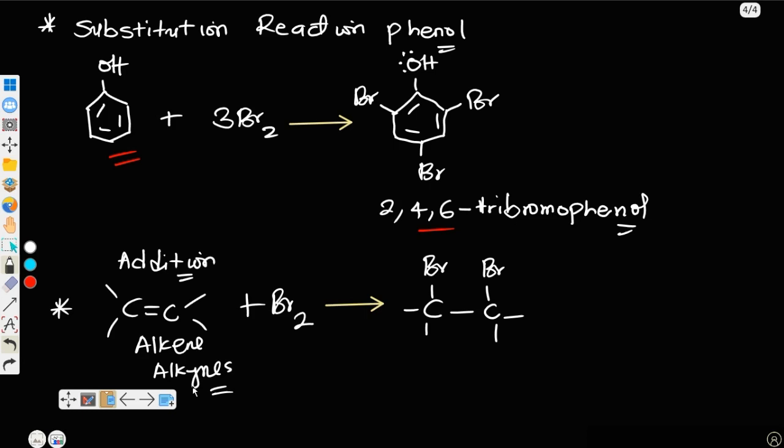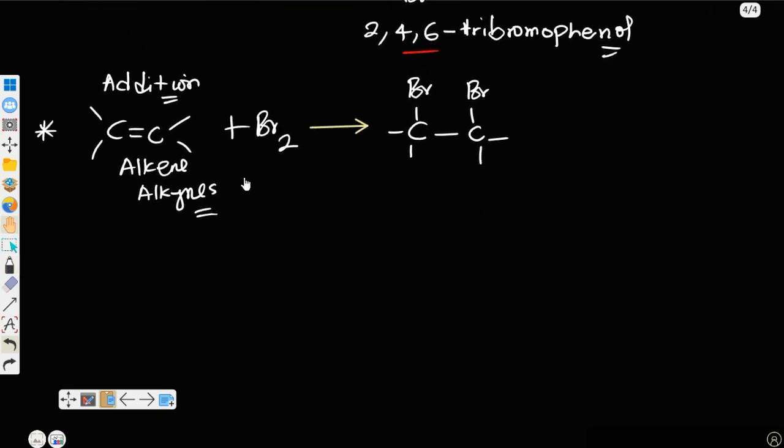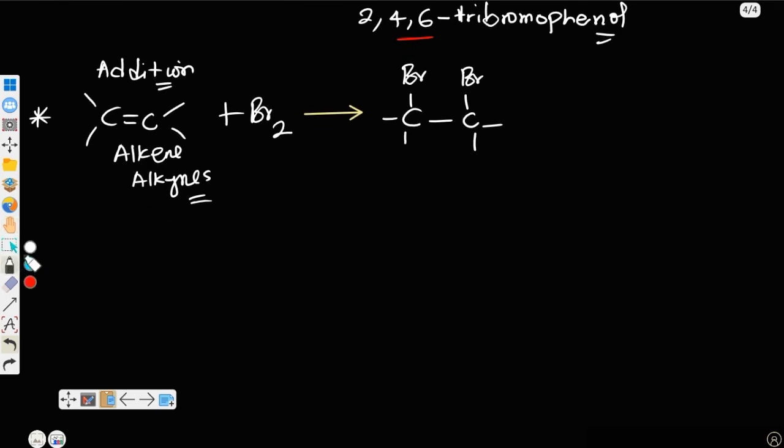But at the end of the day, there's something you need to know, that bromine is not stable. If you prepare it just like that, it will change to something else. Hence, you prepare it when you need it. That is in situ. Are you getting it? And the way to prepare bromine in situ, because you want to actually react bromine with all these things, is the preparation of bromine in situ